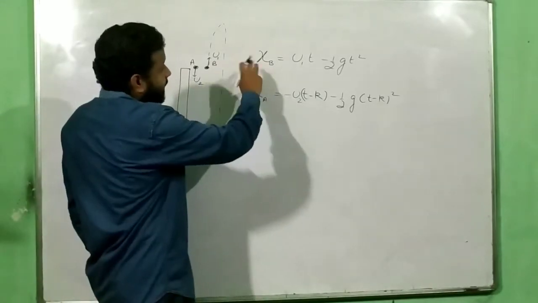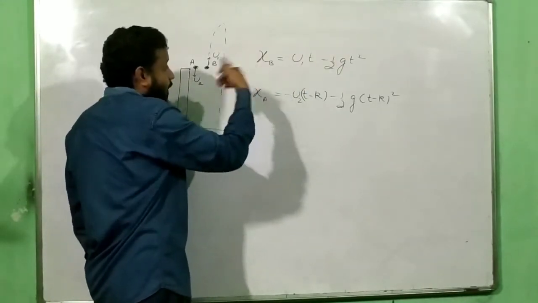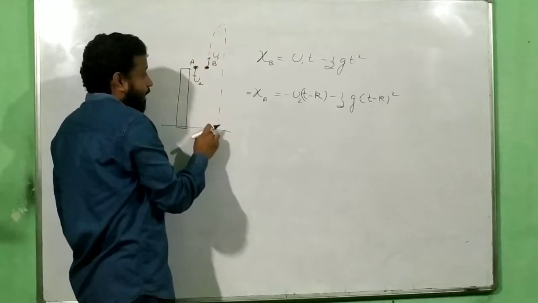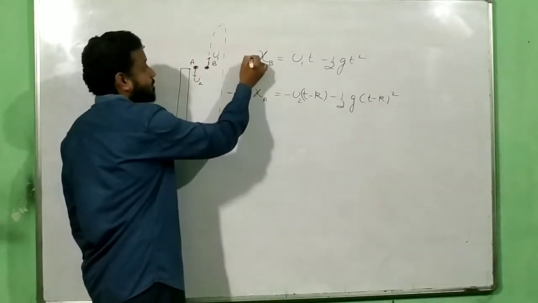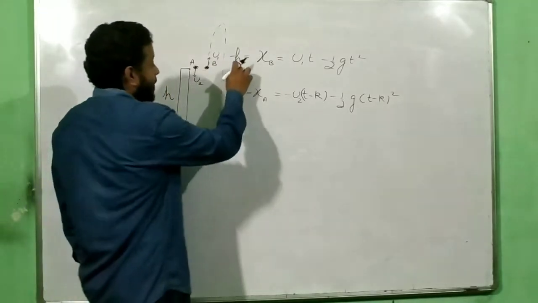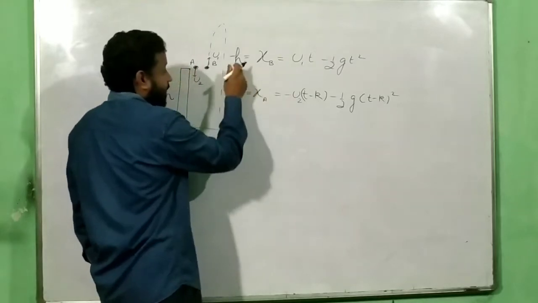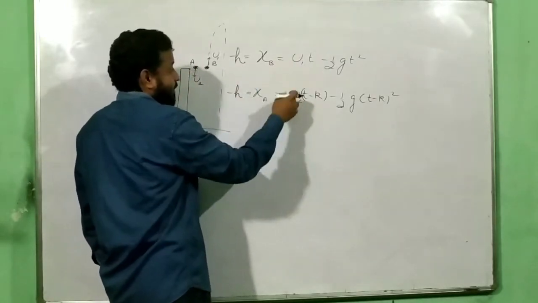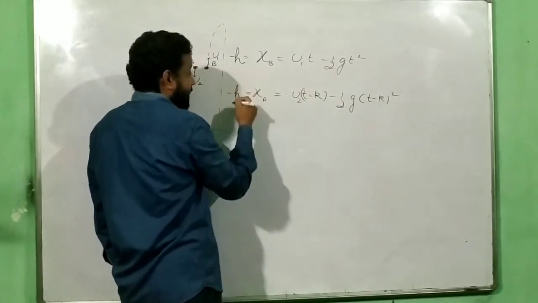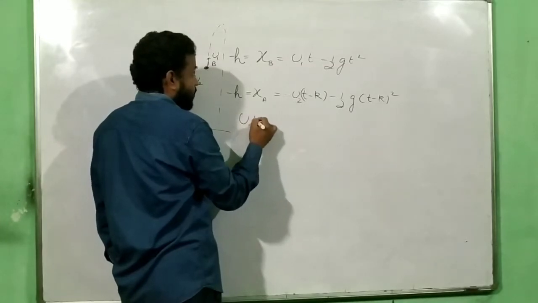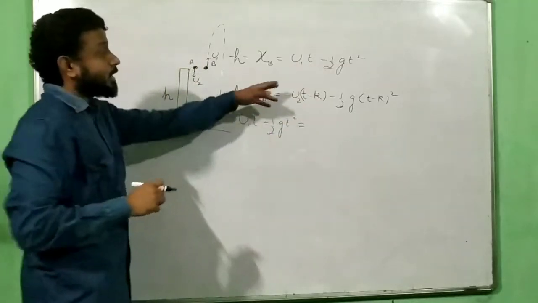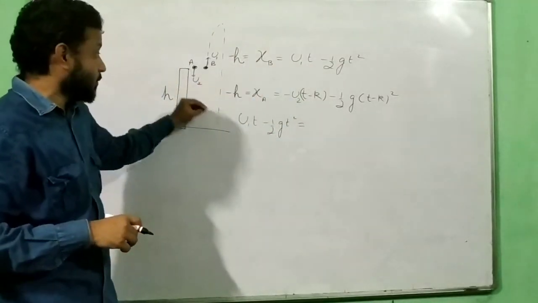Now if they ask you what is the separation at any given time, you can just subtract these two, or if I go with this question, both will reach simultaneously. So if they are reaching the ground simultaneously, then for both of them you will have minus h and minus h if this height is h. Now how do we solve it? If it is minus h and minus h, that means my right hand side is same for these two equations. That obviously means that left hand side will be also same. So since the RHS is same, my LHS will be equal: u1t minus half g t square equals to, see, I'm equating them when I'm supposed to get the question correct.